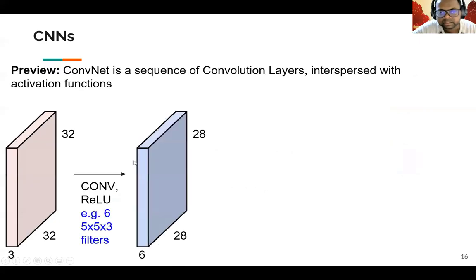Once you define one convolution layer, you can perform a ReLU on top of it. So in this case, you're performing a convolution layer with ReLU. This convolution layer is going to perform a 5 by 5 convolution on these 3 channels and give you 6 such filters. So you have 6 filters of 5 by 5 by 3, and that gives rise to this.